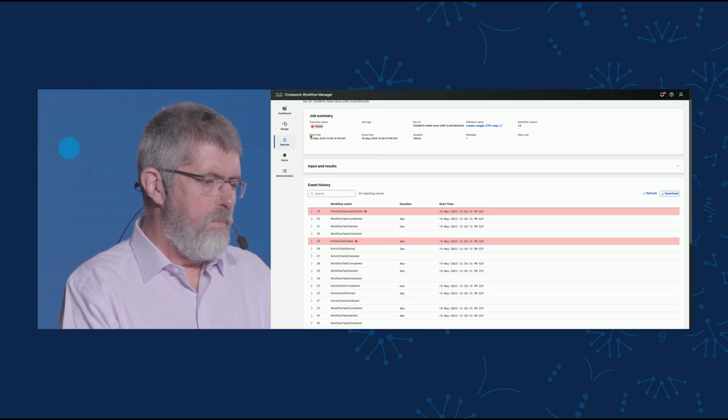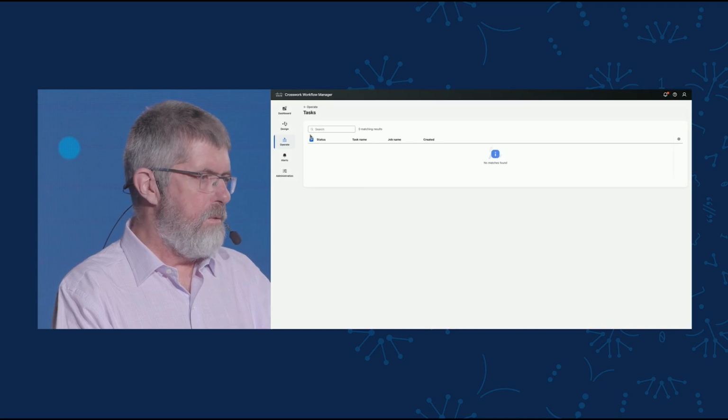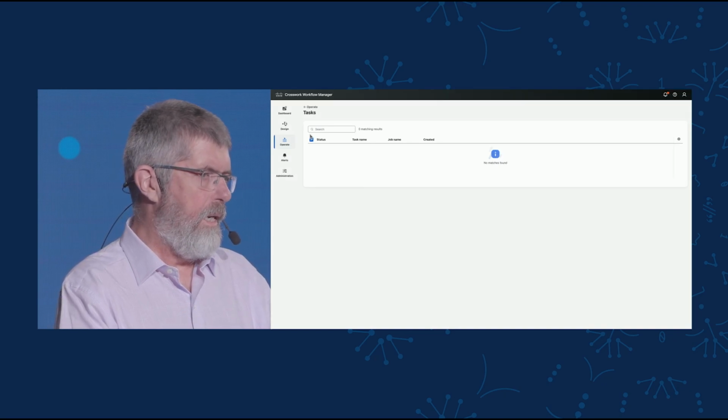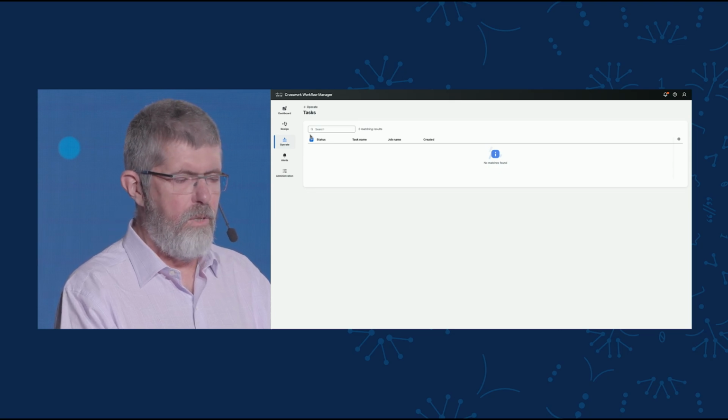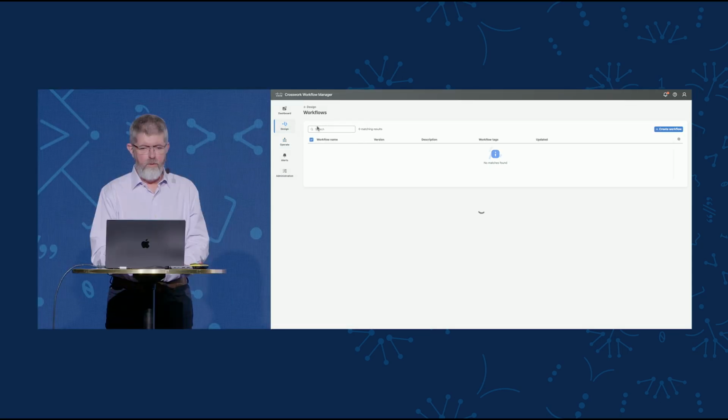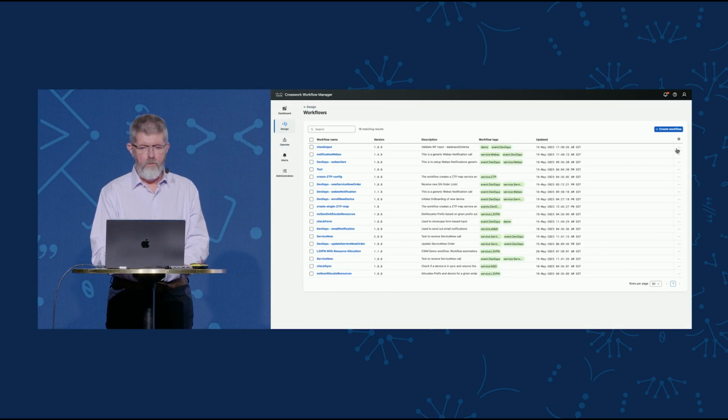The tasks, you saw me leveraging that earlier. Anything that requires the attention of the user will land in as a task, and they will have to engage with that particular activity. And let's quickly go back to workflows. One of the things that I wanted to show you here is that if I want to engage a new workflow, all I have to do is go to the right-hand side of the workflow itself, click Run,